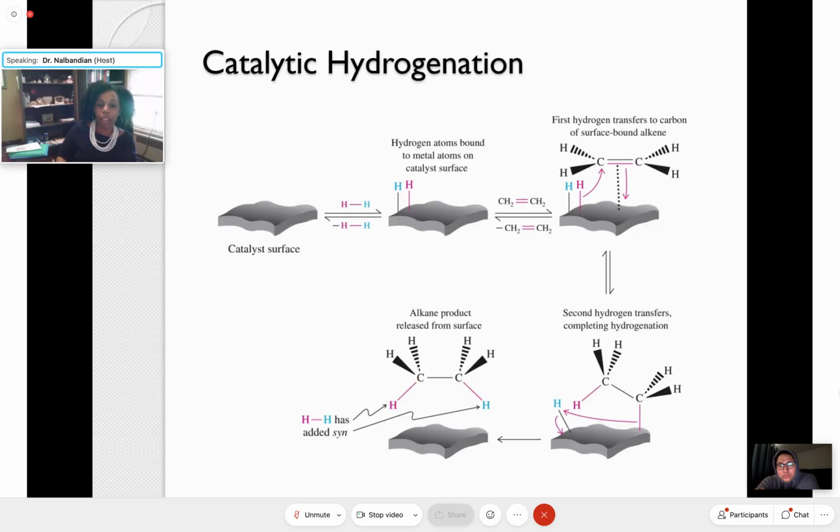But let's look at this. We have our catalyst surface, so whatever the catalyst is, the palladium, platinum, nickel, whatever, but that's the metal surface. And so in the presence of hydrogen, that hydrogen bond, so remember this is H2, that bond will break between the two, where now we'll have the two atoms bound to the surface of the catalyst. And so with those two atoms bound to the surface of the catalyst, the alkene comes in, and the alkene will also get an association with the catalyst surface, where now it's brought in close,